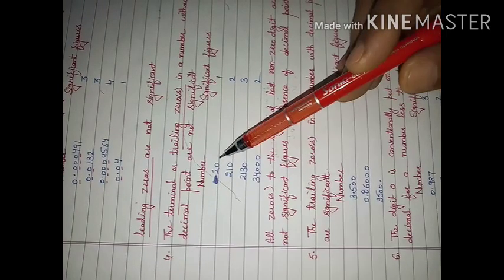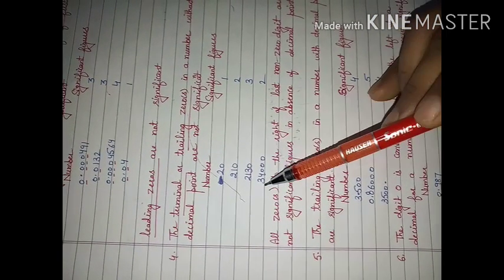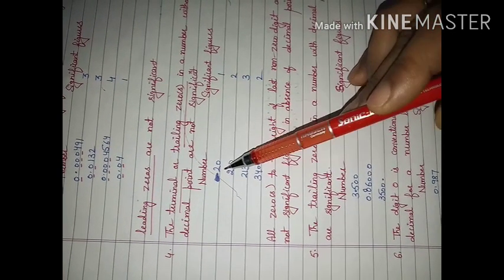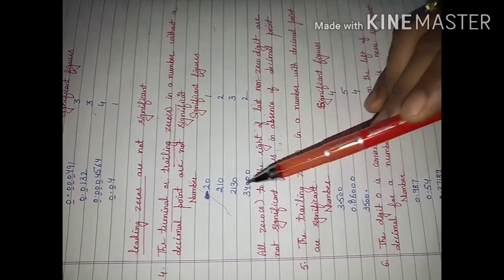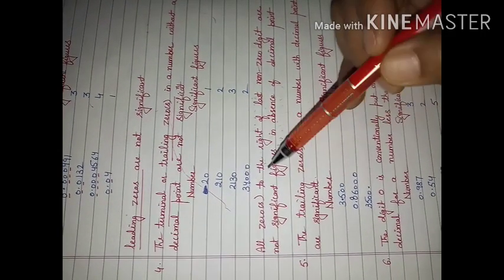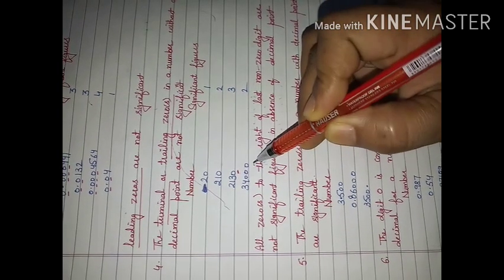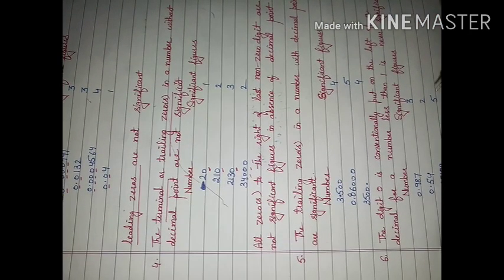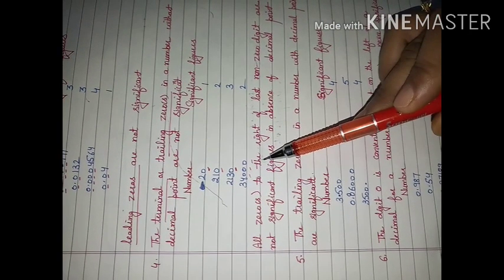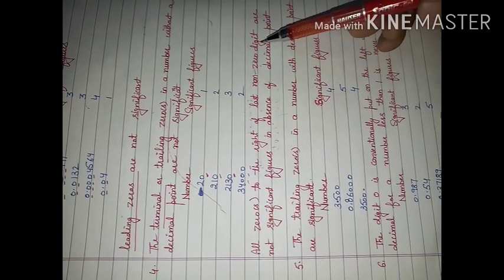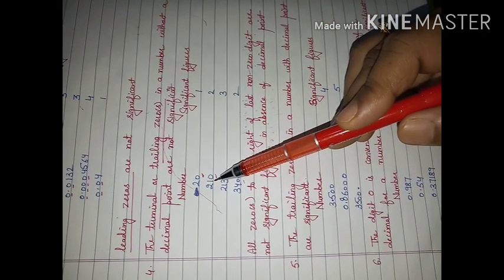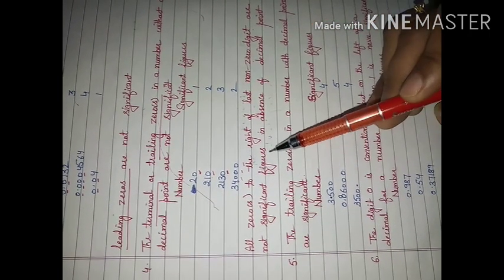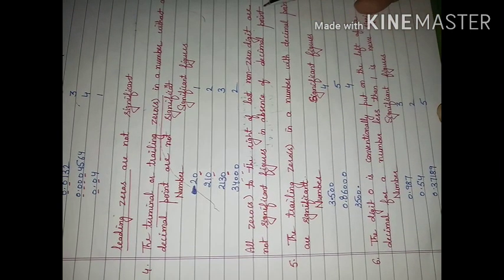For example, these are the numbers. First I am going to consider them without a decimal point. In these numbers, when no decimal is there, these zeros will become insignificant. So in this case I will have one significant figure only, in this case 2, in this case 3. They are not significant. So all the zeros to the right of the last non-zero digit, this is the last non-zero digit, are not significant figures in the absence of a decimal point.